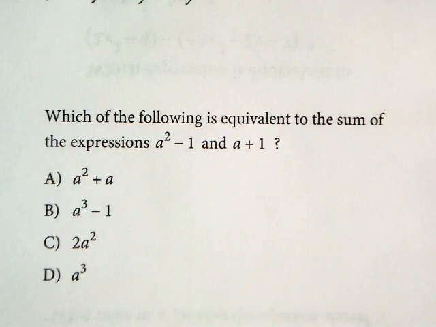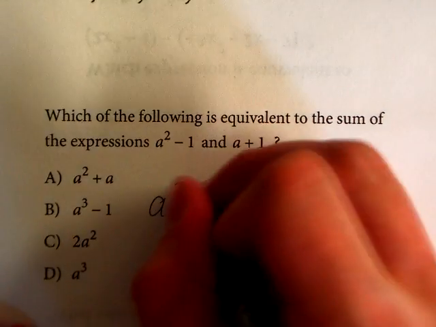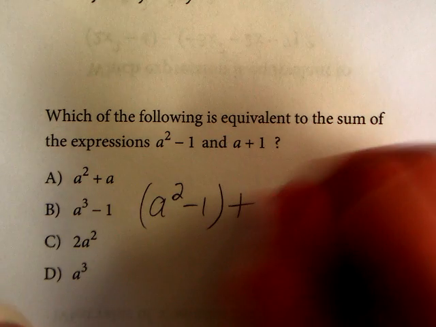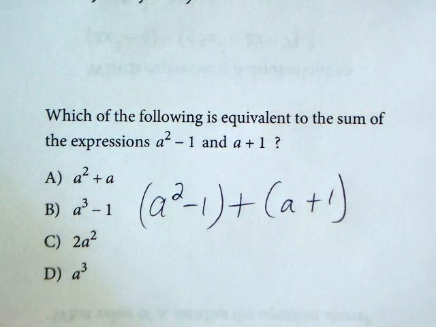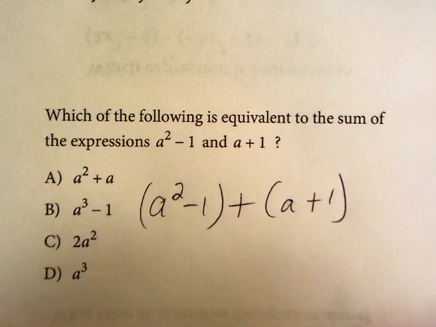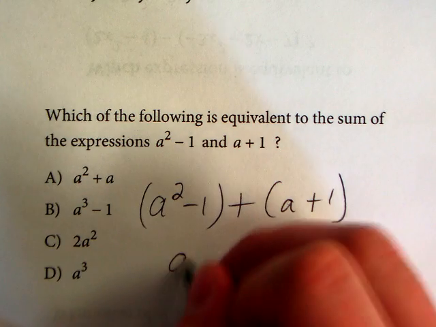Next expression, we're adding. It says the sum of these two expressions. So we'll take a squared minus 1 plus a plus 1. That's what it means to take the sum of these two expressions. The minus 1 and the plus 1 are going to cancel out, and we'll be left with a squared plus